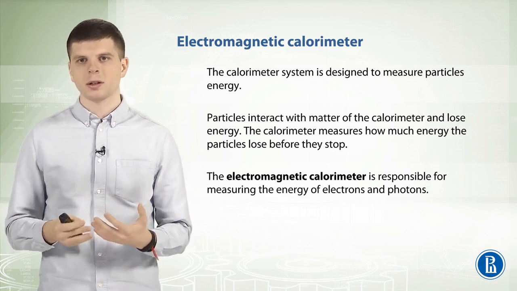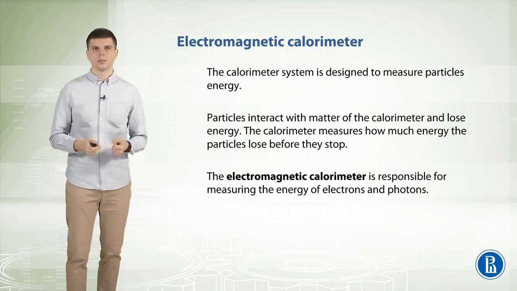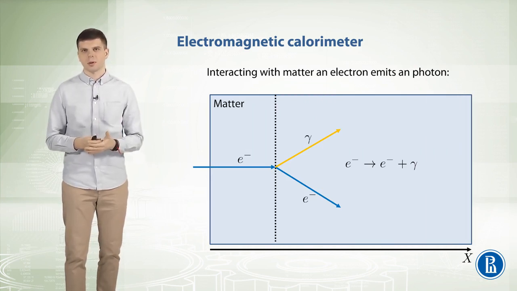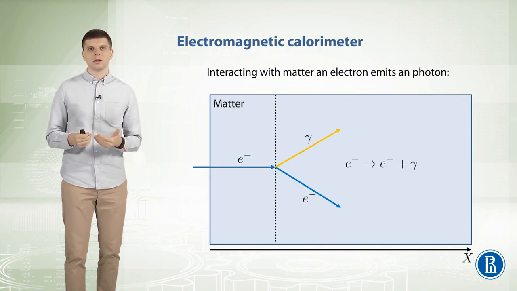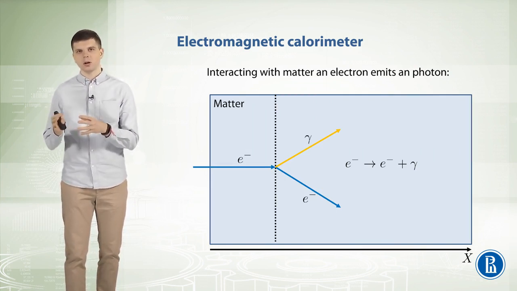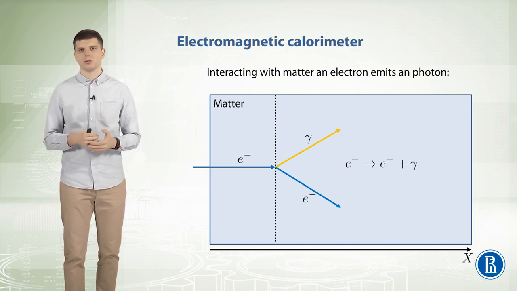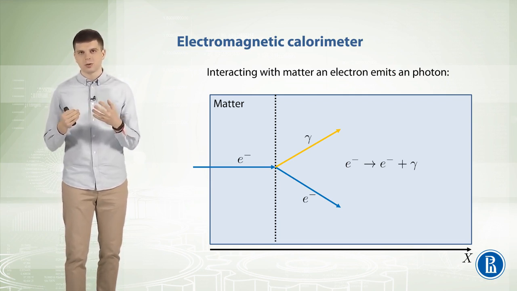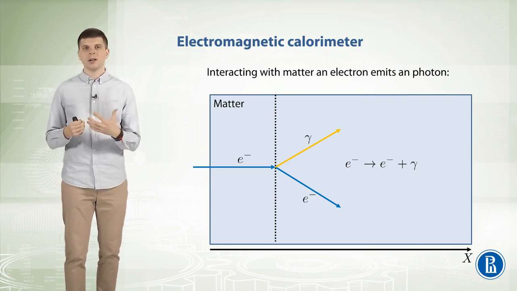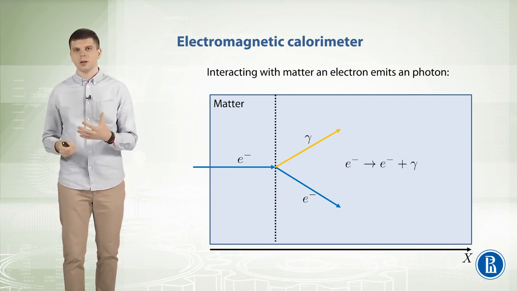Consider how the electromagnetic calorimeter works. Suppose an electron flies into the calorimeter. Interacting with the matter, the electron emits a photon and changes its own direction, losing some energy. After this first step, we have two particles, and the sum of their energies is equal to the energy of the